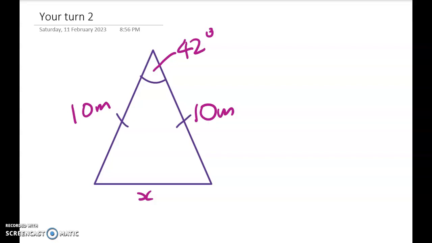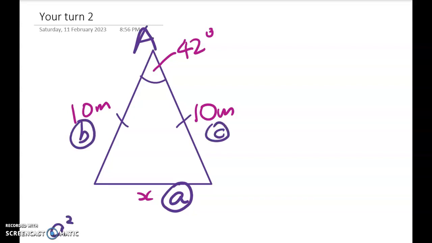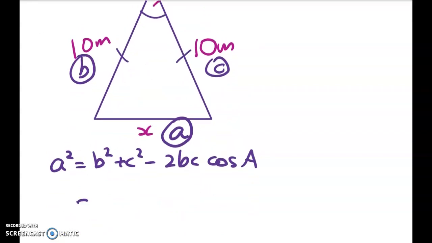Okay, so let's start with our labeling. I'll change pen color, I'm a bit sick of that one. So this is big A, this is little b, and this is little c. A squared is equal to b squared plus c squared minus 2bc cos A. Right, write out the formula and now substitute in. So it's equal to 10 squared plus 10 squared minus 2 times 10 times 10, which is 200,